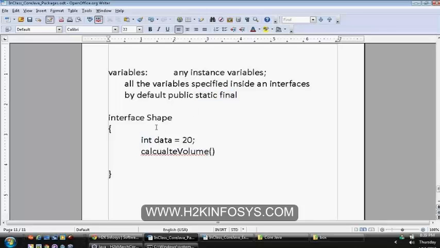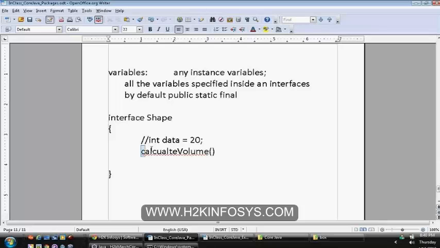So they should be accessed by using shape.data. These are static fields. Static fields can be accessed by using class name or interface name from now onwards. And the data you are specifying is final, which means whatever you have assigned the first time, it's not possible for us to change this value. Normally, nobody prefers to declare data in an interface because we don't want to declare constant variables within an interface, and if we don't need any constants, then it's not at all required to specify those variables.